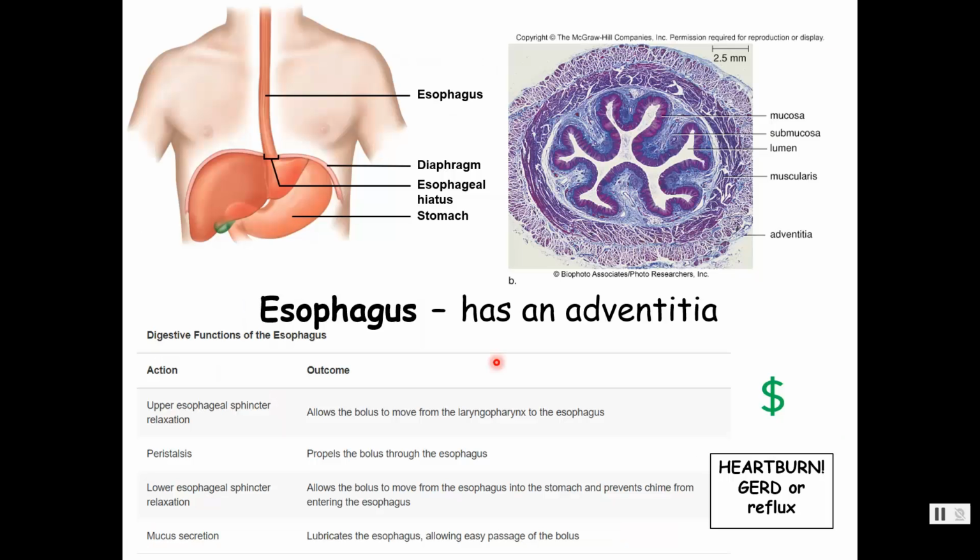And so, yes, this is a money slide. It's nice. It just kind of breaks down some of the functions and some definitions and just where all the sphincters are. So, yeah, that's a money slide, and just to tell you that failure of that lower esophageal sphincter is the cause of heartburn and gastroesophageal reflux disorder. So this is a good one to study. There is a Quizlet for this, and these are all on there, but I'm just saying these are good money